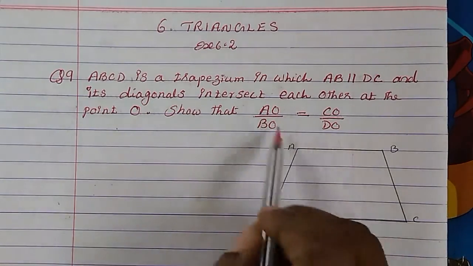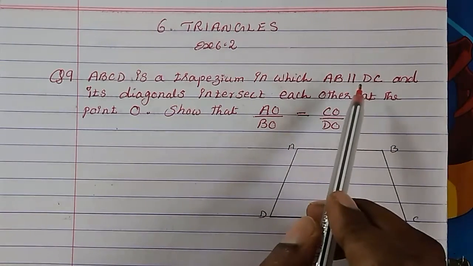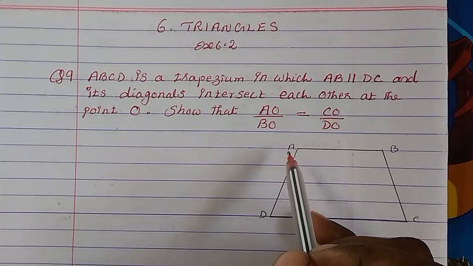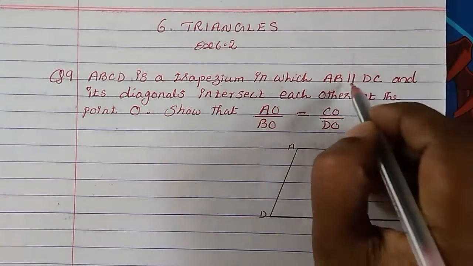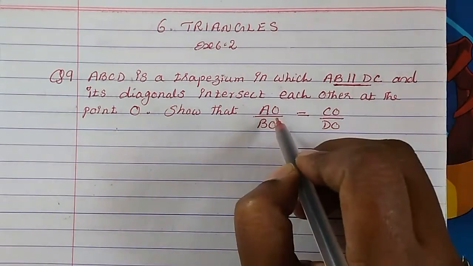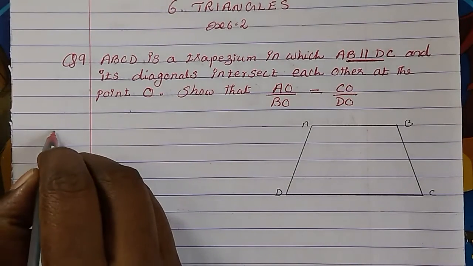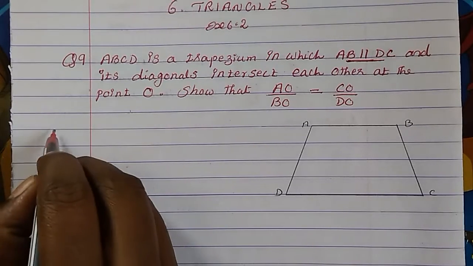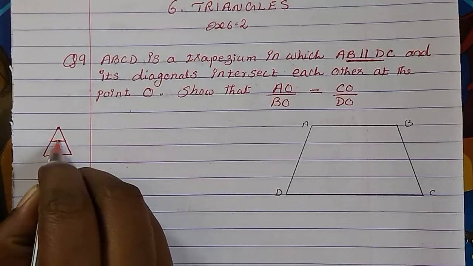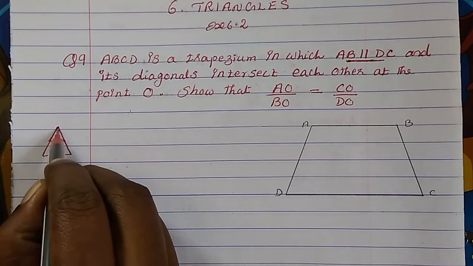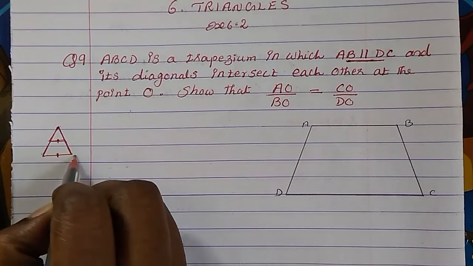Whenever ratios are equal is what we have to prove, and a line is parallel, it is given, then which theorem do we have to use? Basic proportionality theorem, theorem 6.1, because a parallel line is given to us, we have to prove a ratio. I suppose by now you know it, all the sums I have explained to you, that if there is a triangle and this line is parallel to this line, that means this ratio is equal to the ratio of this side.